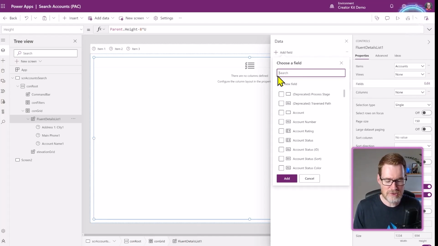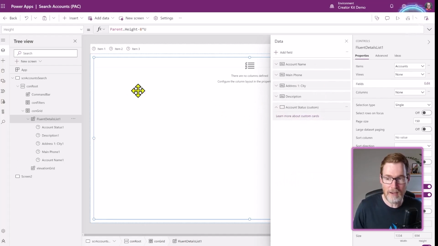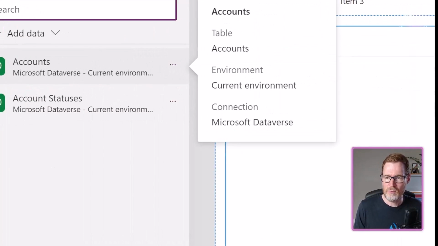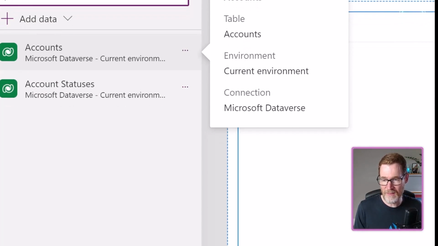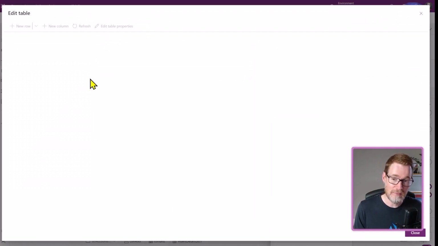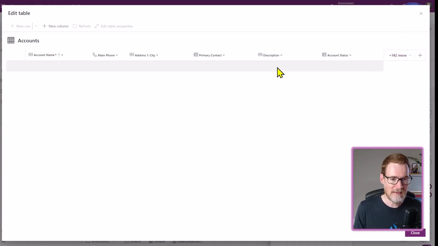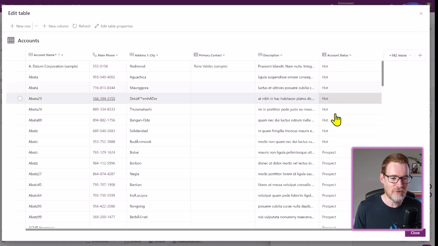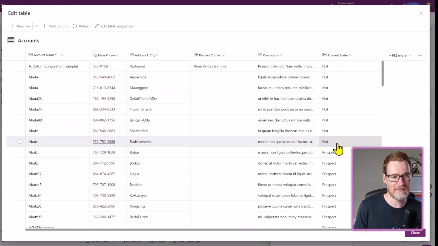We're also going to show something called the account status here. This account status is a lookup. If we go over to the account table here, we've got just our accounts table, and then another table called account statuses. There is a many to one relationship between the account table and the account statuses table. What this means is that it allows us to have some additional metadata about that account status. In our case, we've got the name, but we also want to display additional information like the color to use for that particular account status. And we're going to use that in the user interface.